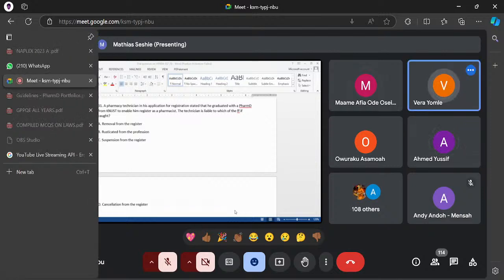I think it's under section 90, the suspension of registration. It states that the board may suspend the registration of a pharmacist or pharmaceutical support staff where a false declaration has been made in an application for registration. If you lie about the qualification, you don't hold a degree in pharmacy, and you lie that you hold one. So it's not a qualification, it's the basis of